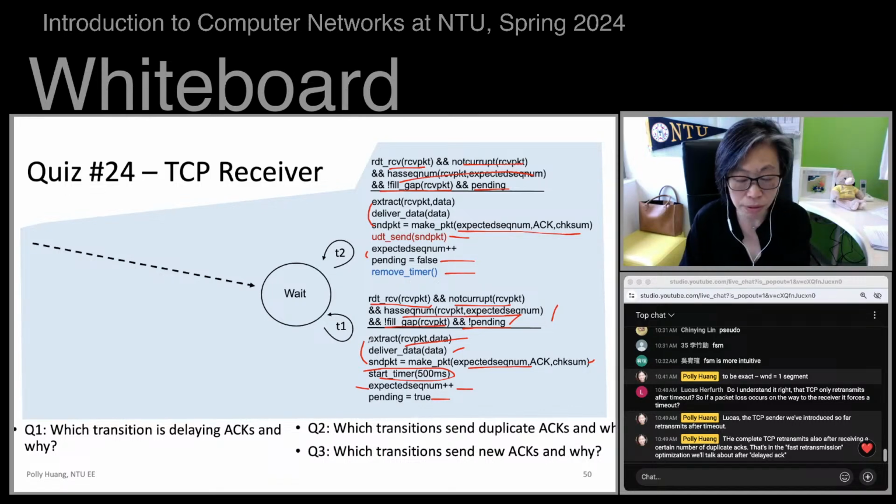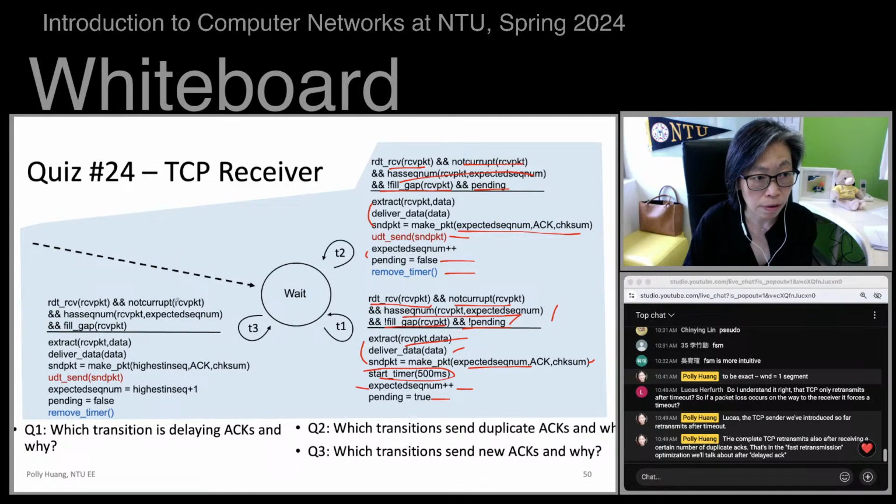And then let me introduce this transition. This is the fourth event in the delayed ACK mechanism. If we receive a packet that is not corrupted and carries the expected sequence number, but it fills a gap. The third event is receiving an out of order packet creating a gap. The fourth is in case you get a packet that fills a gap. This is what you do: you extract the data because this is new data, pass it up to the application layer, and you generate an ACK.